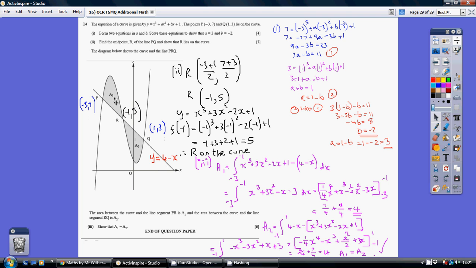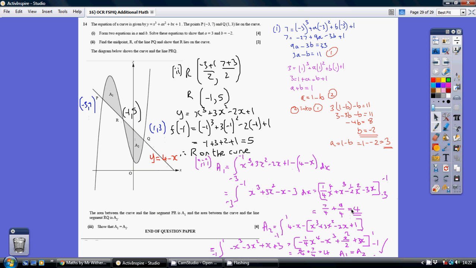So with regard to A1 we're going to integrate curve take away line. So curve take away 4 minus x. So just take on board that that's minus 4 and adding an x. So then gathering up all your like terms there, you get this to be integrated between minus 1 and minus 3. So integrating each of these, substituting in minus 1 and minus 3, we get an area of A1 of